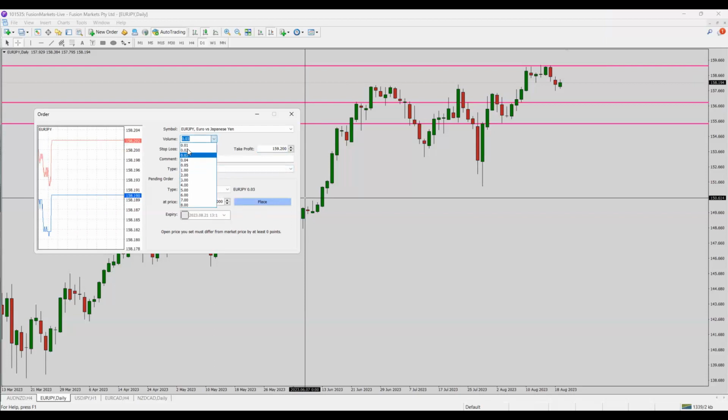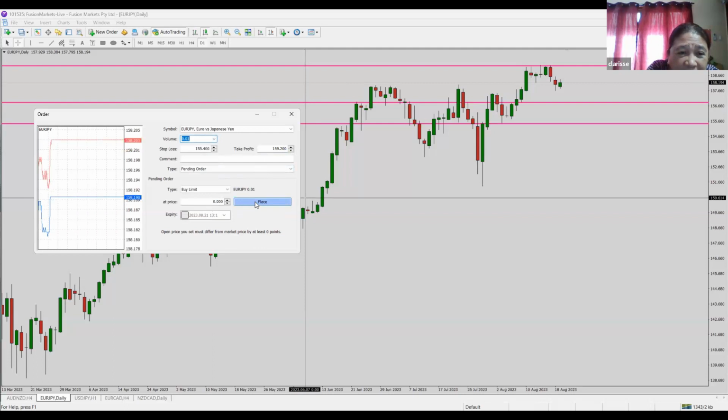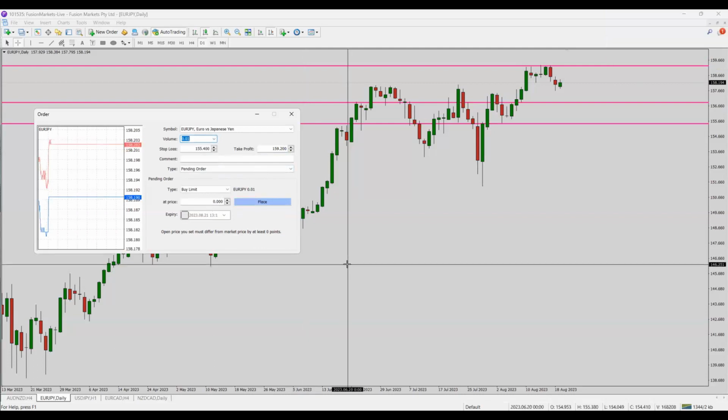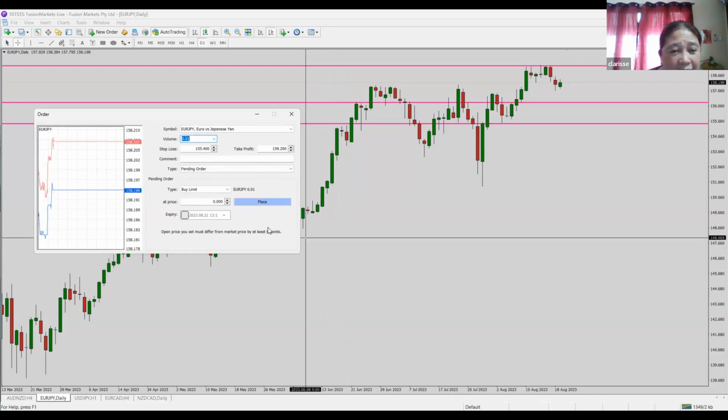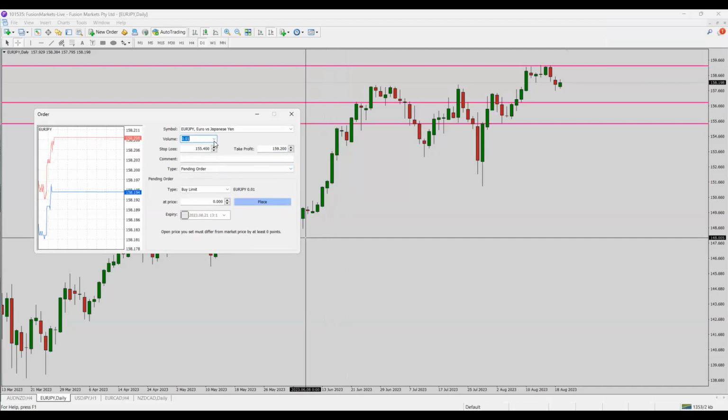You got it? Yes. Isn't there a mini lot? How do I know that I'm buying the mini lot? When you have 0.01, this is a micro lot.